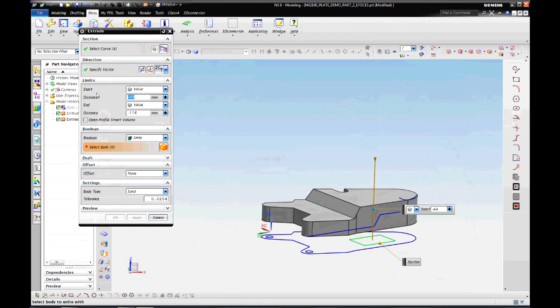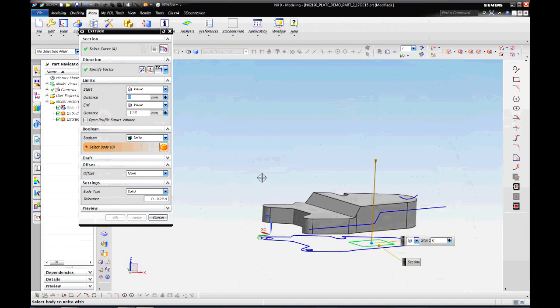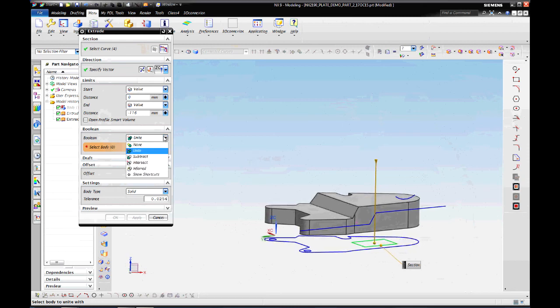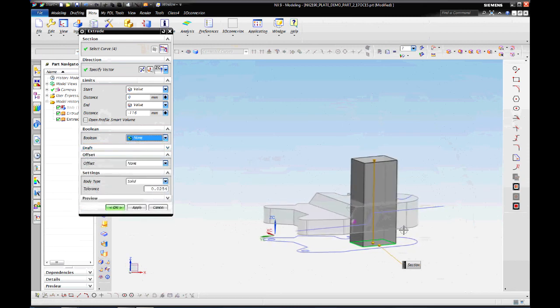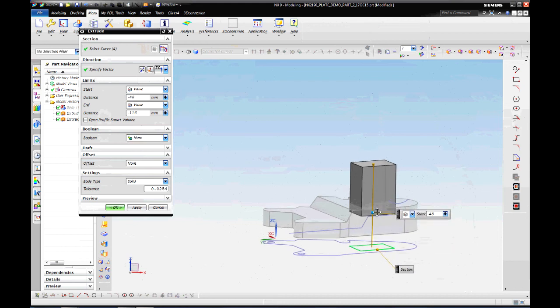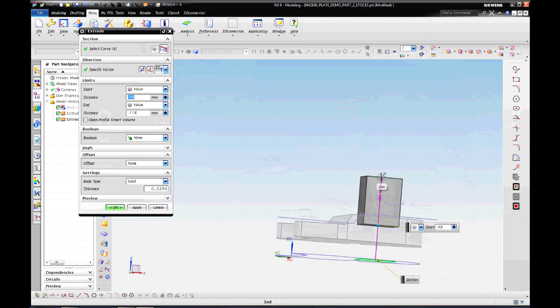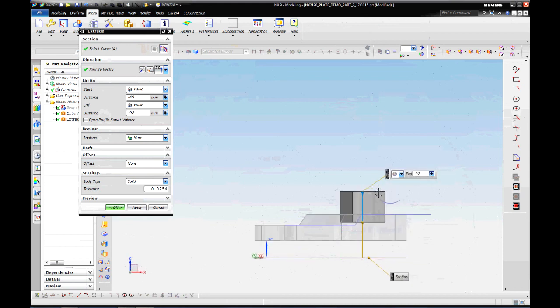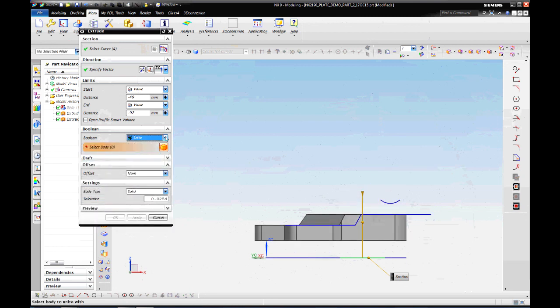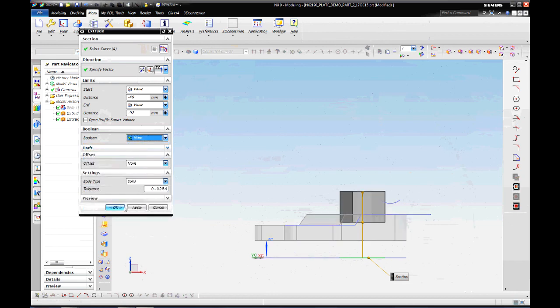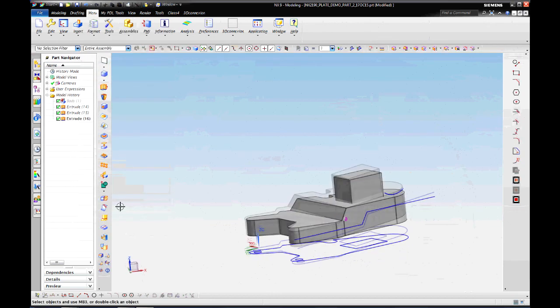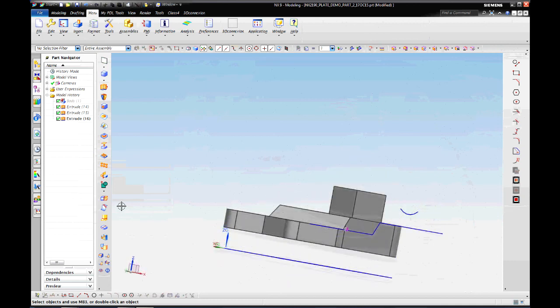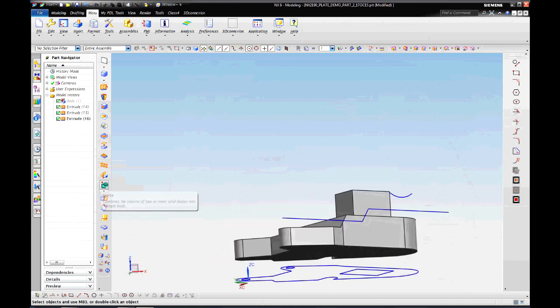Change the distance to 0 so we can see what is really happening. We're going to have to leave it at none and then we can see it, so we can go ahead and adjust it from the top down a little bit as well. Okay, so we try to unite it, it doesn't work, so let's go back to none and hit OK. Good. So now what we're going to do is unite the two solids. Before we forget,